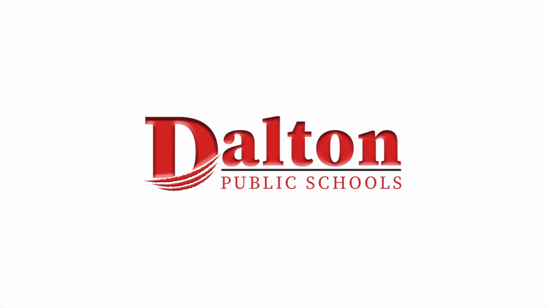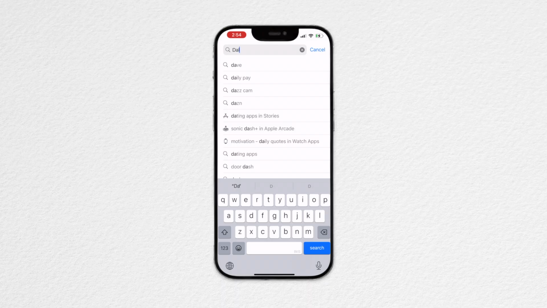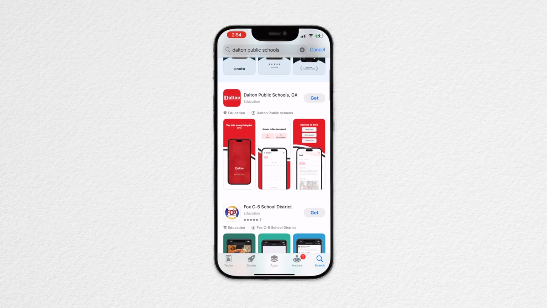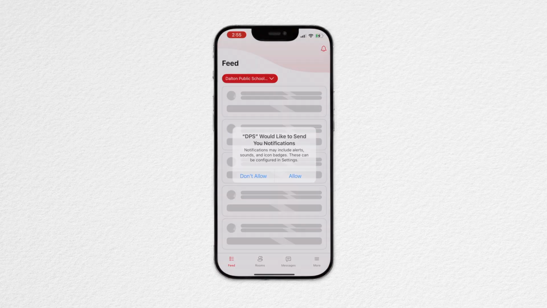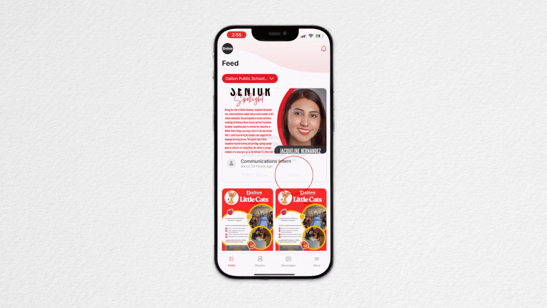Rooms is the official communication tool for Dalton Public Schools, designed to connect families with staff, classrooms, clubs, and sports. To begin, download the Dalton Public Schools app from the Apple App Store or Google Play Store to stay connected to your child's education. When you open the app, select either the Rooms or Messages button available at the bottom